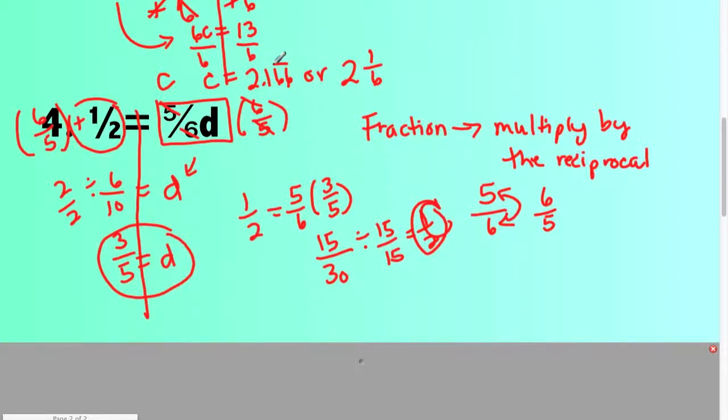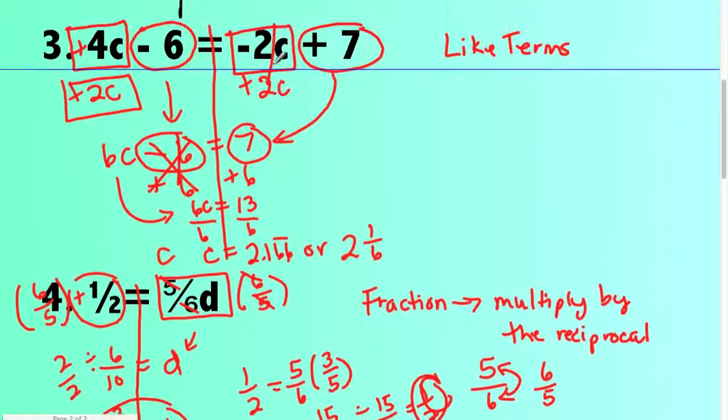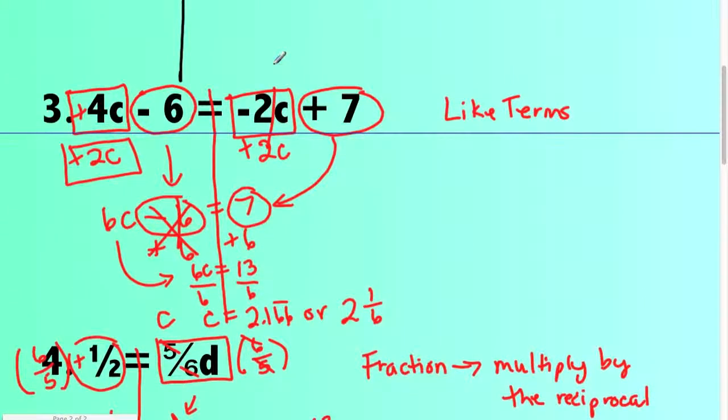And we never went back up and checked up here. So let's go back up for a second. Okay, let me change the color. If we were to plug C back in, let's use the decimal version, it'll be a little easier. Back in for all of these, we'd have 4C. Oops, not the C. Okay, 4 times 2.166 repeating